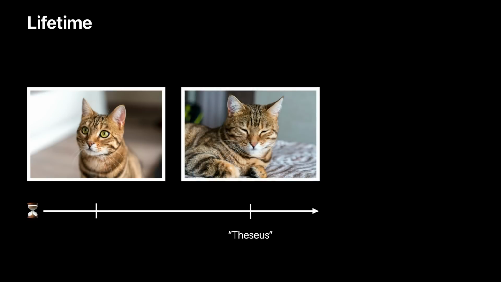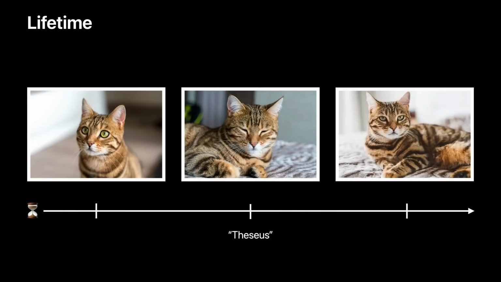To help illustrate this, I'm also going to bring in a friend. This is Theseus. Isn't he adorable too? Someone will say more adorable, but I digress. It is very intuitive for us to think that once we name our favorite pet, it'll always be the same adorable cat, even when he's in a different state and he moves throughout the day. When we look at him one moment, he might be sleepy. And a moment later, being a proper cat, he's annoyed by my presence. But he'll always be Theseus.